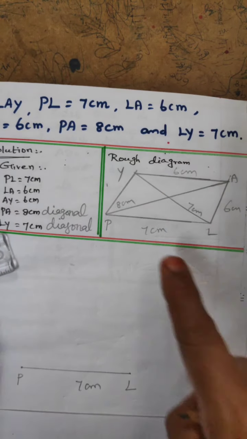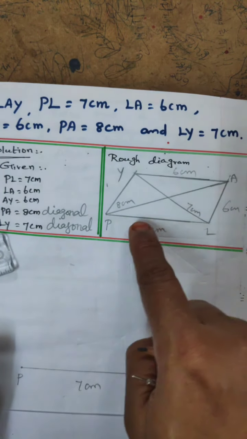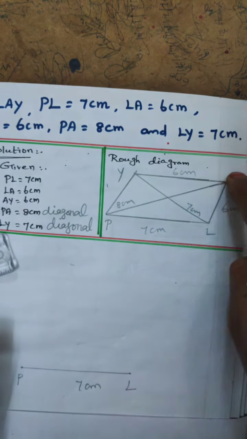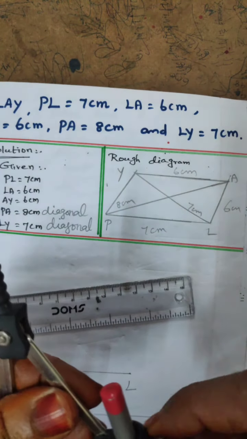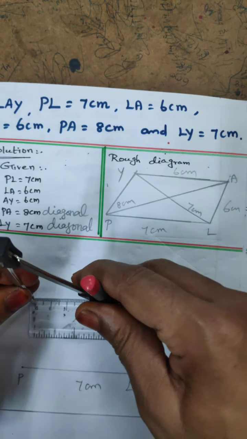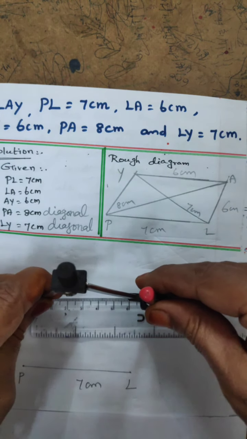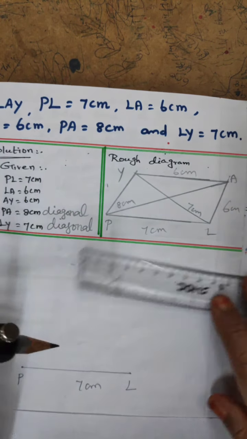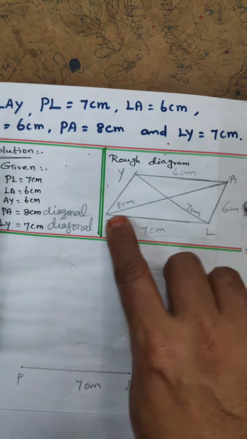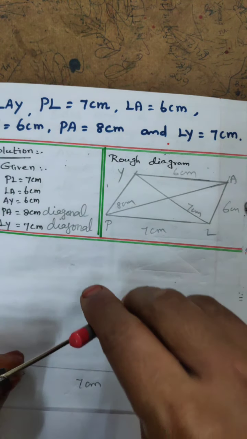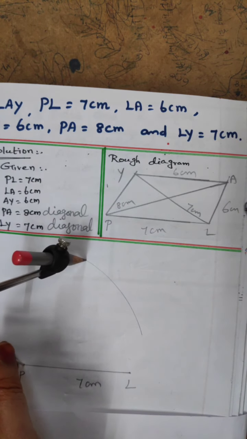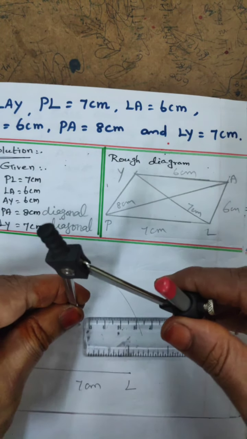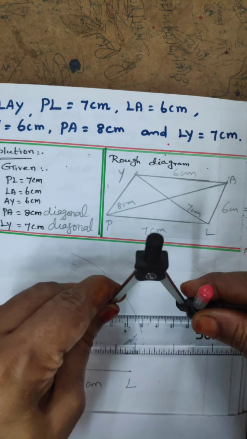Now this triangle shape you select. Why is this triangle shape selected? Here it has 3 lengths also: 7 centimeter already over, 6 centimeter, 8 centimeter. So you start with this triangle shape and do the work. First measure 8 centimeter, press the compass at 0 and measure up to 8 centimeter. See whether it is correct or not. 8 centimeter. Now where is 8 centimeter written? On the P line only. So keep the compass at point P and cut the arc. Okay, next work, what centimeter is written on this side? 6 centimeter. Now measure 6 centimeter from 0 and cut the arc.